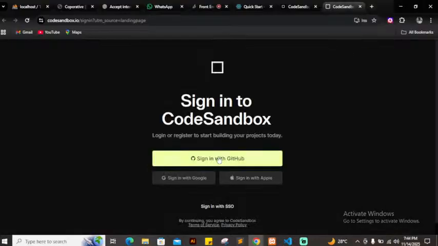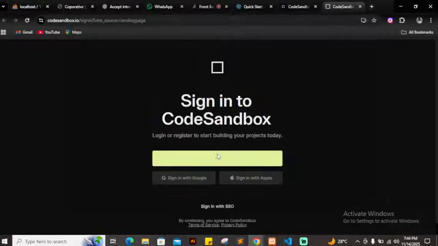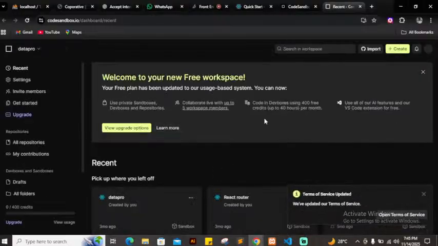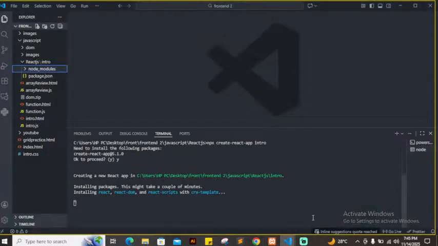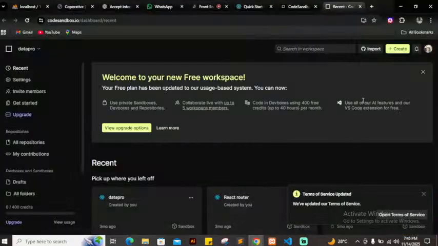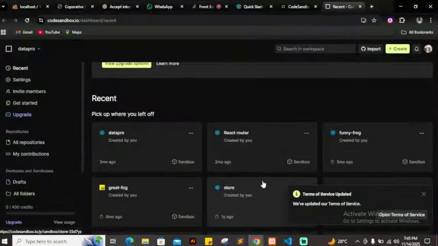So you now click on sign in. I believe we all have a GitHub account. Do we have a GitHub account? Yes, sir. All right. You use your GitHub to log in. So see now they've taken me inside. All right, because my GitHub is on this system. But let's just exercise the rest of today on CodeSandbox. So the next thing you do, you click on